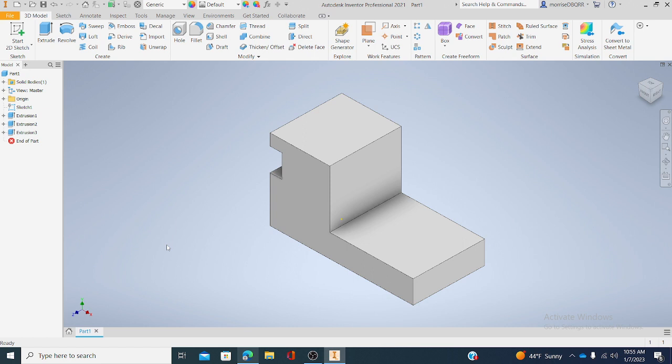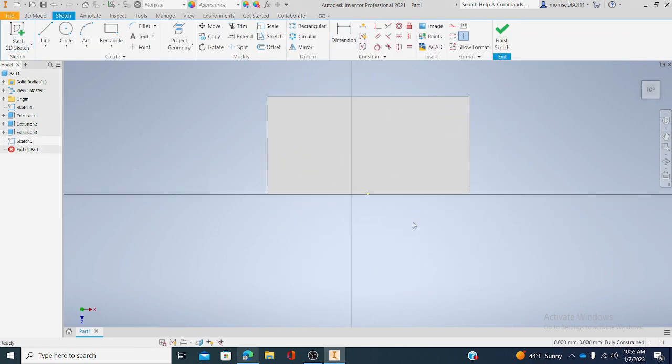Now we have one more thing we need to do. For this particular model here, we're going to put a hole here. So start 2D sketch, click on this surface. All right, now we're going to go up here to where it says circle. This is one way to create a hole. There's other ways that we'll talk about later. Go to circle, center point. Now watch very carefully. I'm just going to come here and select the arbitrary location, click, and I'm going to